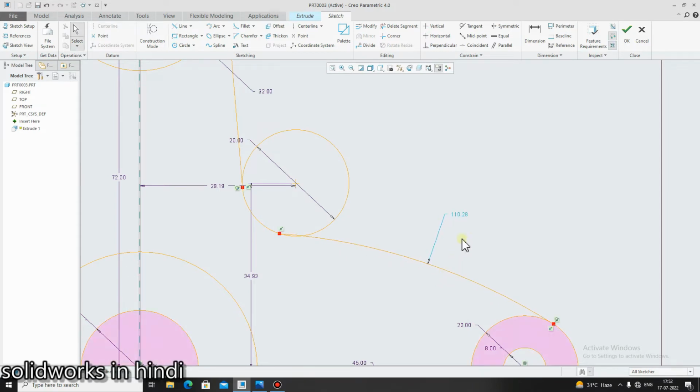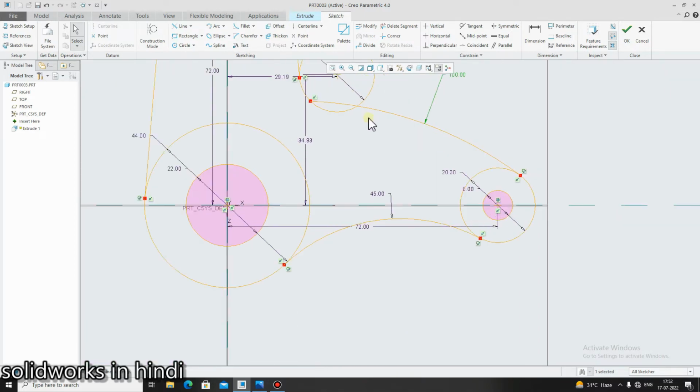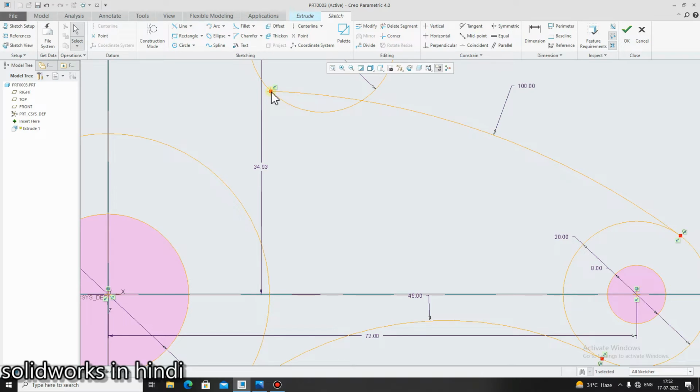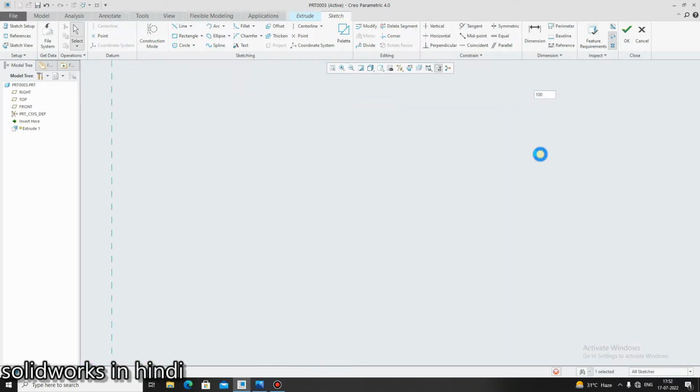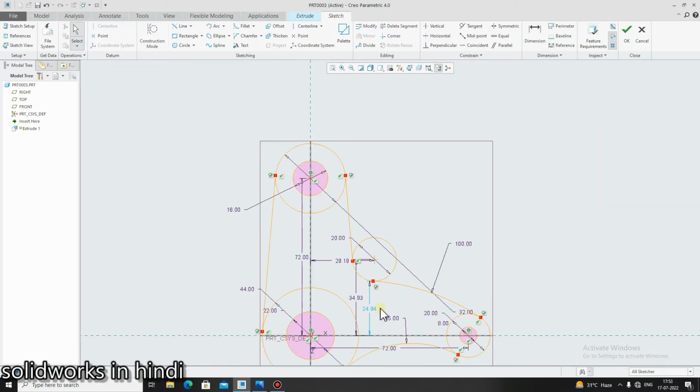So drag it, double click here and give the dimension 100 mm. Okay. Again remove this coincident, go here, go in the tangent, click here, apply 100 mm. Likewise this arc is ready.